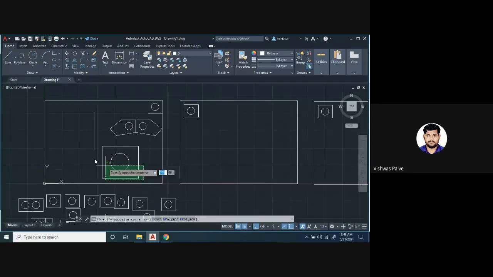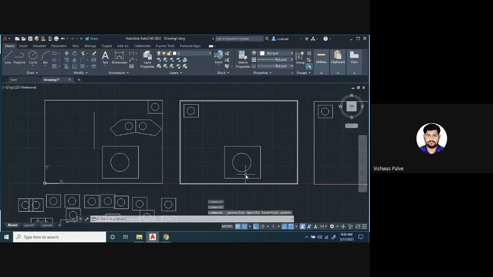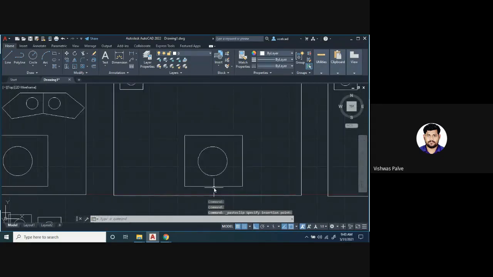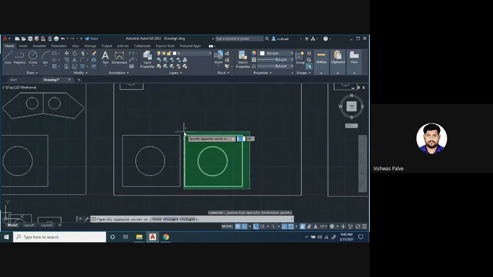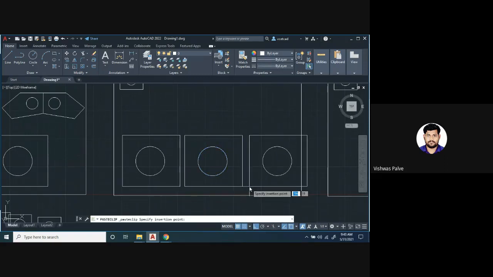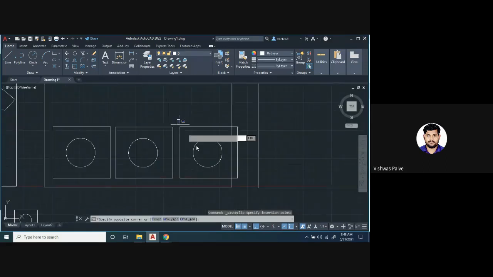Now, I will again copy this object, paste it somewhere. Here I'll make a copy. So this is the original which I have copied. Second object, copy, and third object. Okay. Now I want to reduce this size to original.